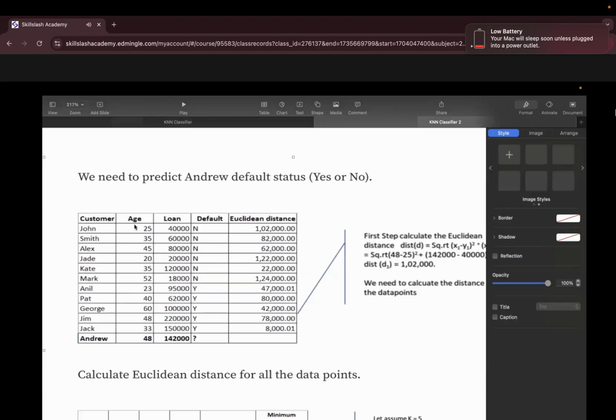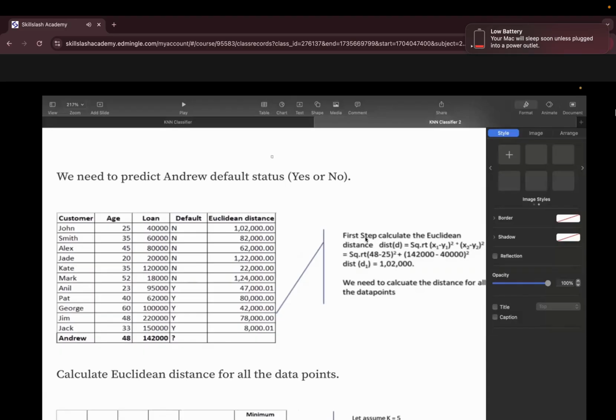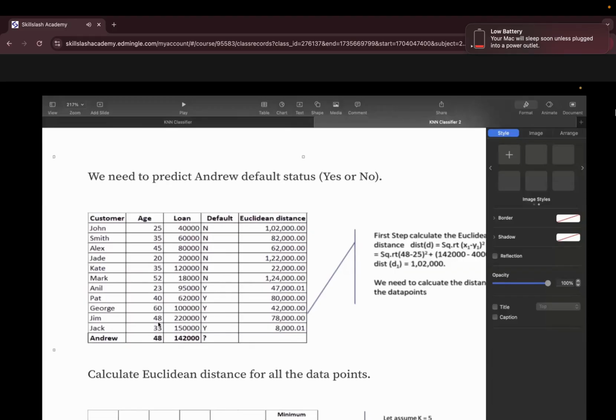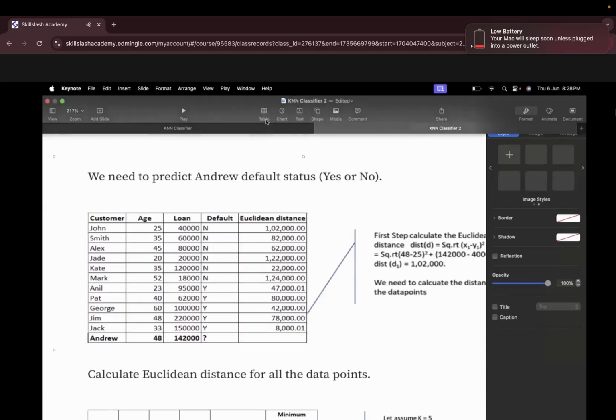Now coming back to the point, we have age as one of our columns, and the first step is calculating the Euclidean distance. We have 48 for Andrew and 25 for John. Yesterday I was writing x1 minus x2, right? The same thing is happening here. In the vector we were picking values within the same vector, and here it is also picking the same vector.